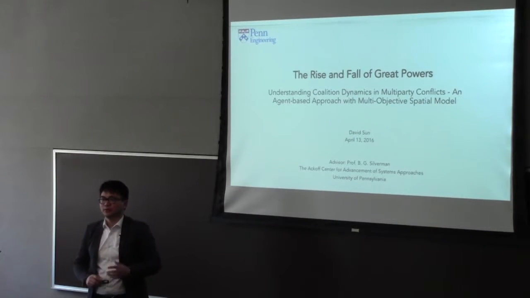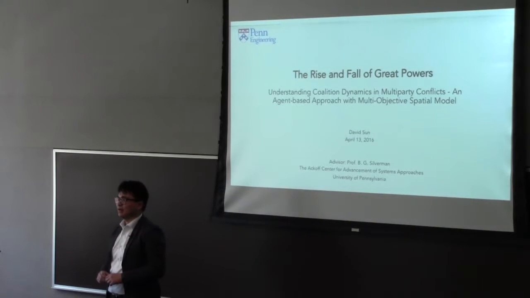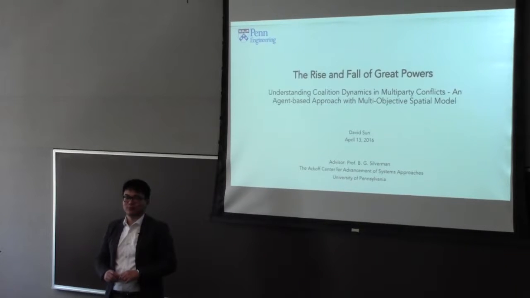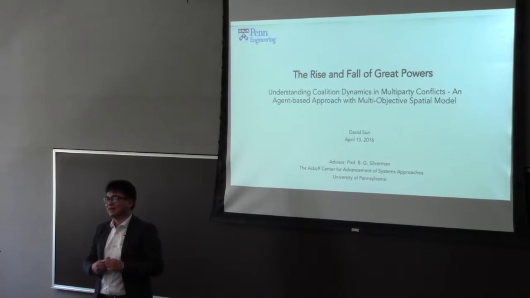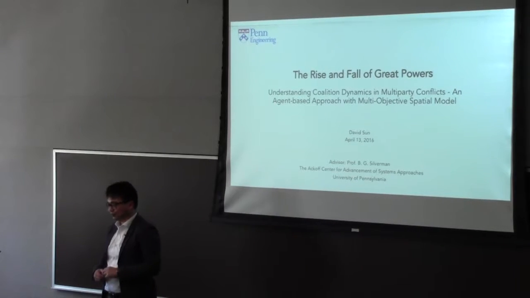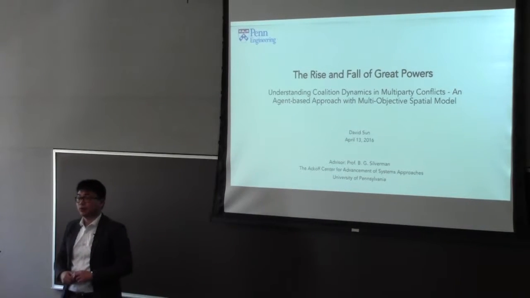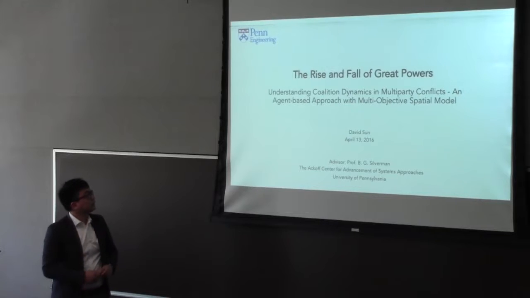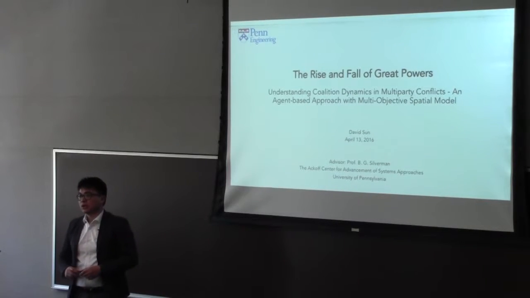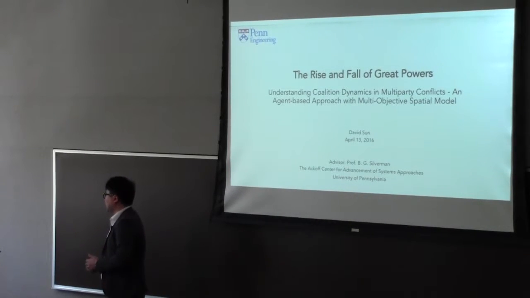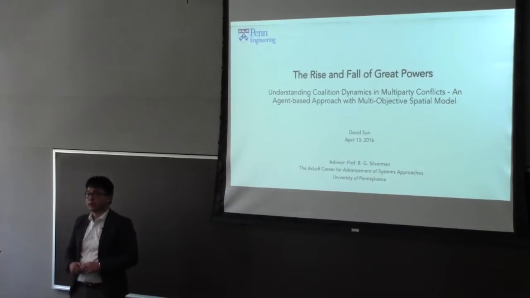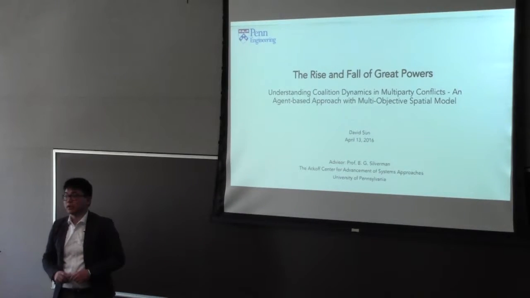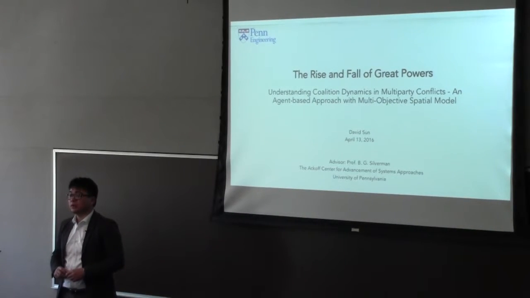So in the past 2 weeks, we talked about things like how robotics stand up for transitional mobility, and this time we're talking about something else. As you probably guessed from the title, it sounds pretty big, but we're going to talk about small things in the bigger picture. We're trying to understand coalition dynamics in multi-party conflicts with the approach of agent-based application and also the multi-objective nature of those games. And we'll explain each of the terms later.